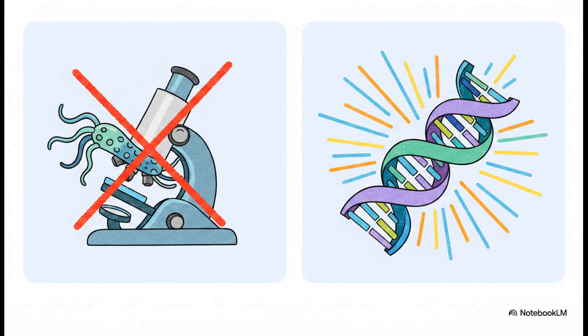But this shift from categorizing organisms by how they look to uncovering their true relationships hidden deep within their DNA, that was a massive game changer. Visual morphology relies on physical traits like flagella or cellular structures. Metagenomics, on the other hand, classifies organisms through whole genome sequencing and molecular data. We've totally moved from an era of biological observation into an era of hardcore molecular data analysis.